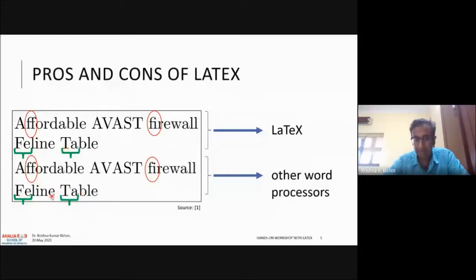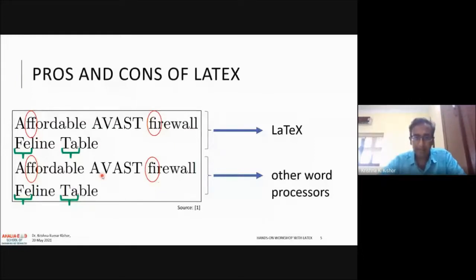So it just places these two letters. Right. So this is what I mean by typographical quality, right? And you can go into a little bit more, like for example, the way Avast is written, right? If you look at the space between these letters over here, A and V and A and B, it's not the same, right? It's a small difference, and for some, it may not be perceptible as well. So this is one example of what I mean by LaTeX doing word processing, right?